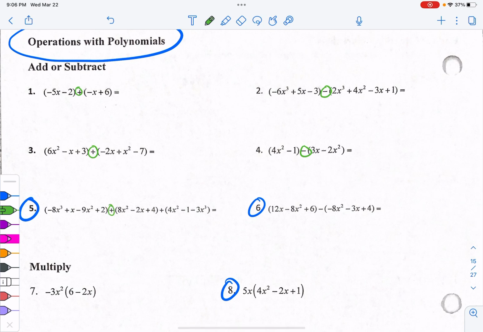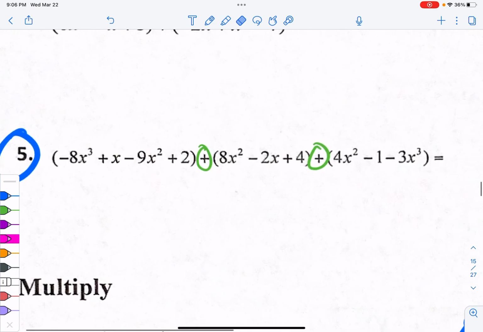This one is another addition, but you're adding 3 of them together rather than just 2, and here you're subtracting 2 of them. So I chose to do the bottom 2, the 5 and 6 problems, because they're the longest ones, and hopefully that'll give you an idea of how to do 1 through 4. So starting with number 5, when you are adding polynomials together,